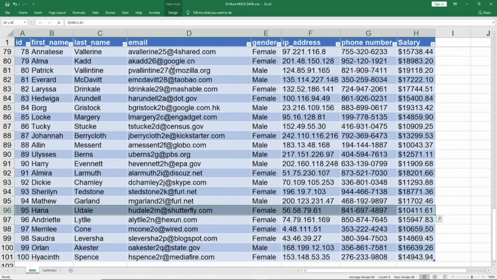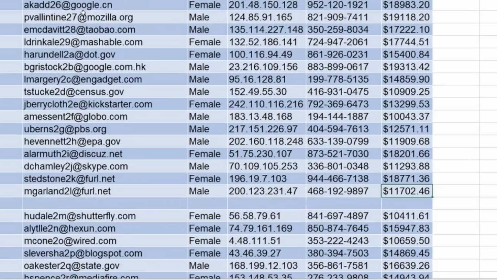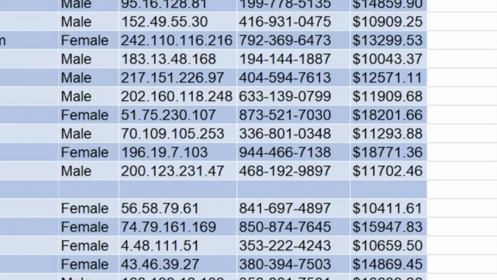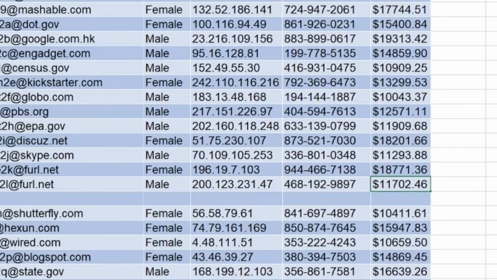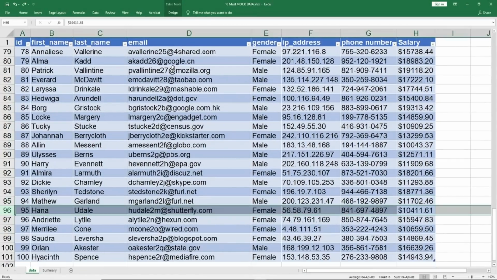Had there been a break, let me insert a row to show you. I go up. When I go down, it is taking me to H95. Because now there is a break, so it says okay, probably this is the data range, and in this data range this ends on H95, so it stops here. So let me undo this.